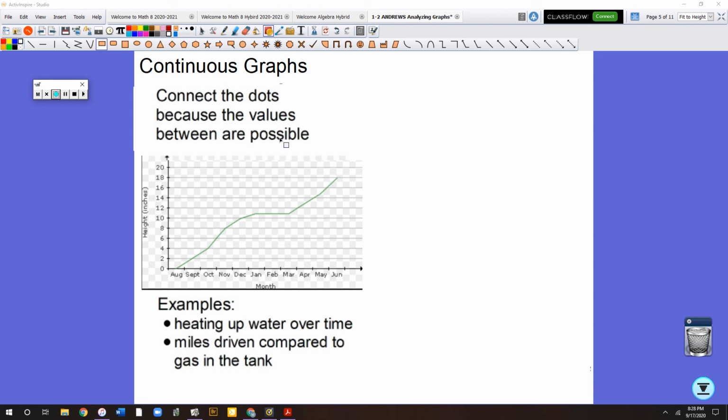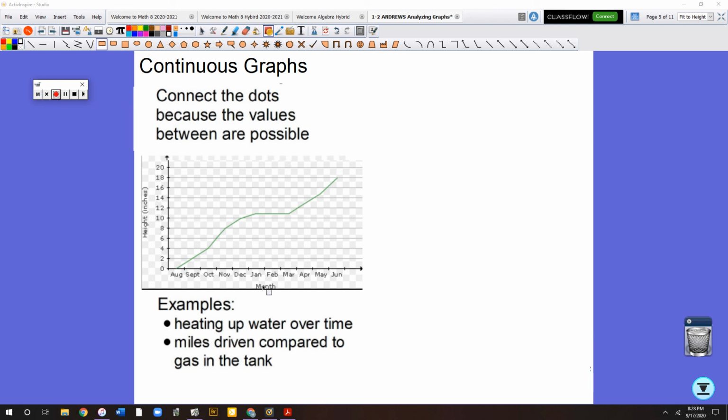In other words, if you're measuring in minutes and the thing that you're measuring can take 30 seconds, then it's a continuous graph. So an example would be heating up water over time, okay? Miles driven compared to gas in the tank. The graph that we see here is